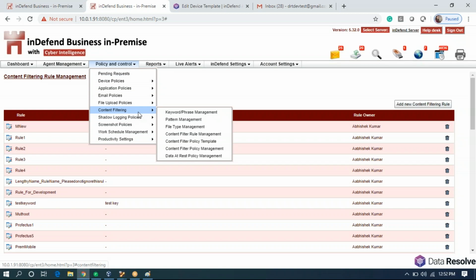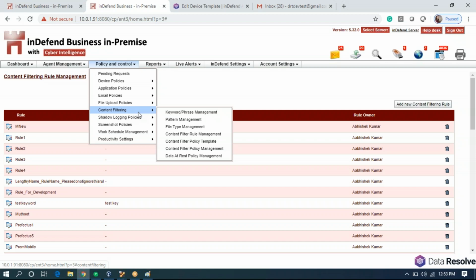One is alerting, that whenever such sensitive information is being shared, we should receive an alert. Second is blocking, that whenever such sensitive information is being shared, it should be blocked and I should receive an alert.